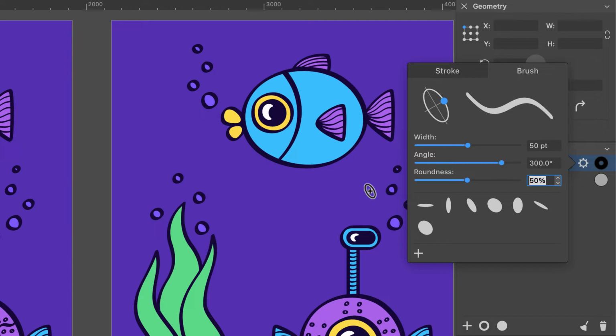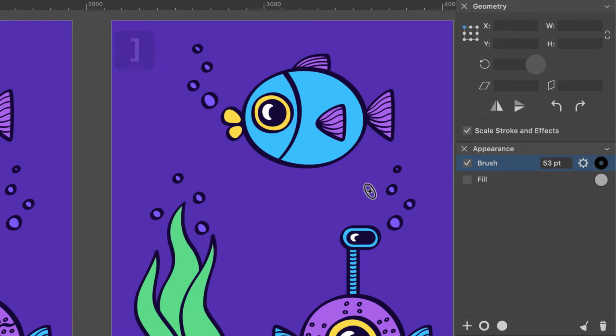Did you notice that the Draw tool cursor changed to Brush Ellipse Preview? If you want to change the width of the selected or future brush strokes on the fly, use square brackets on the keyboard. This is very convenient, especially if you need to change width for selected strokes quickly.